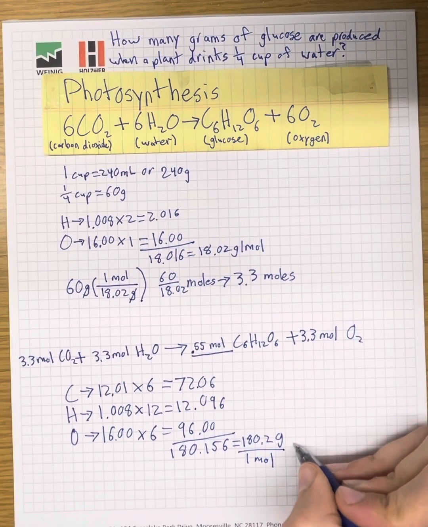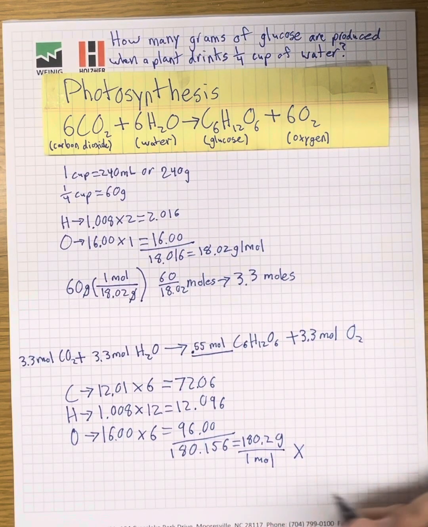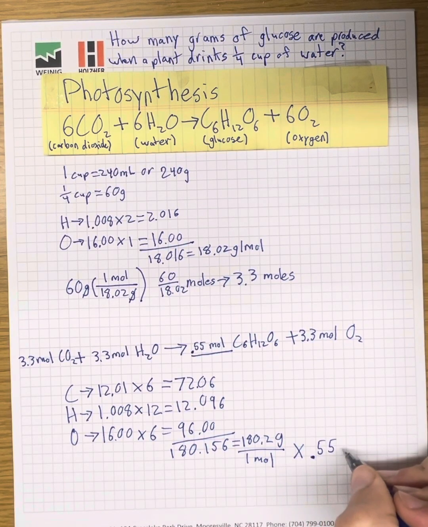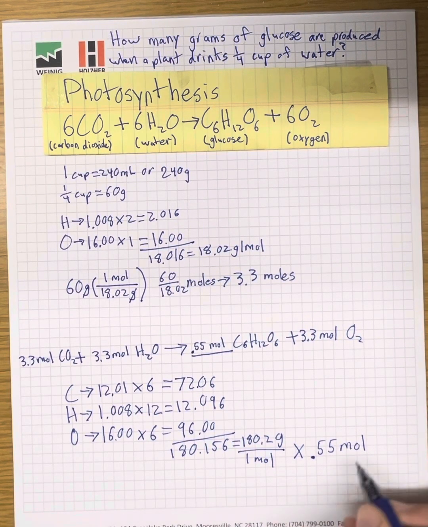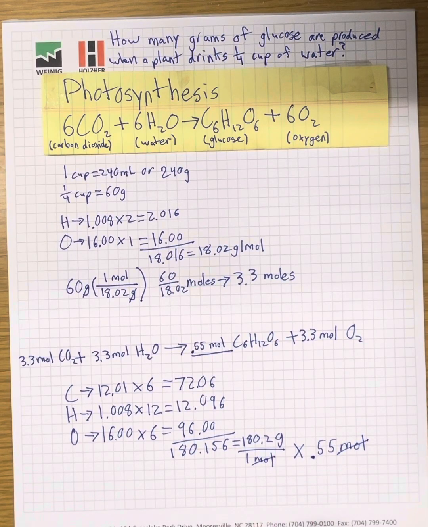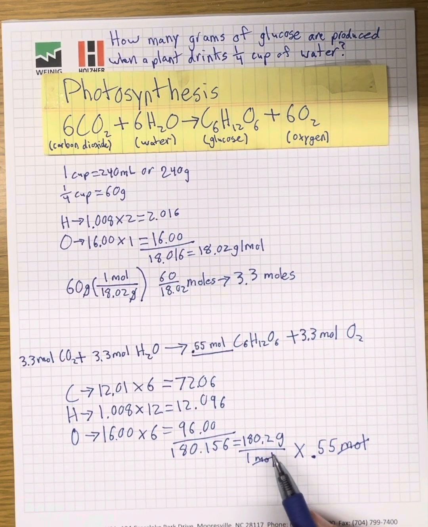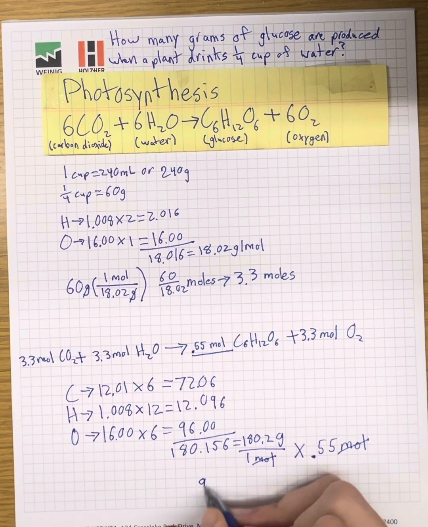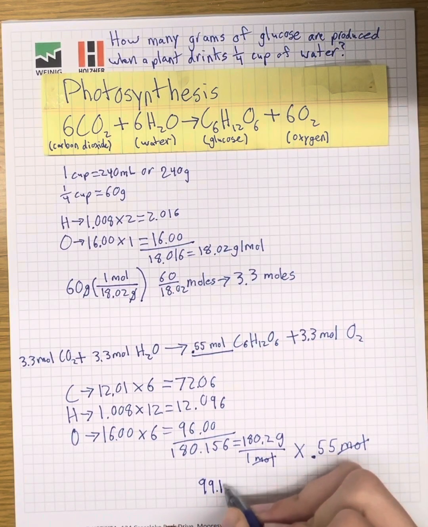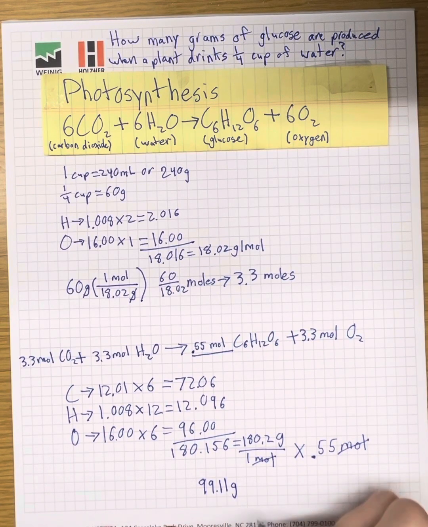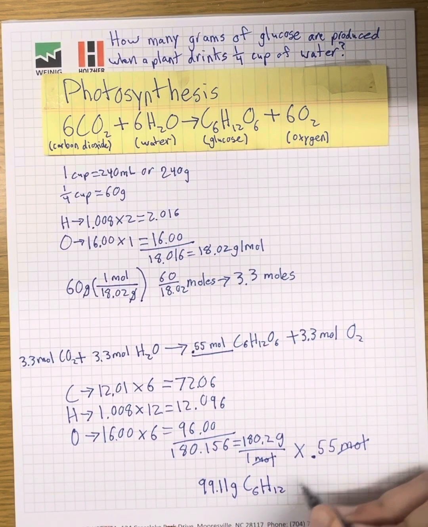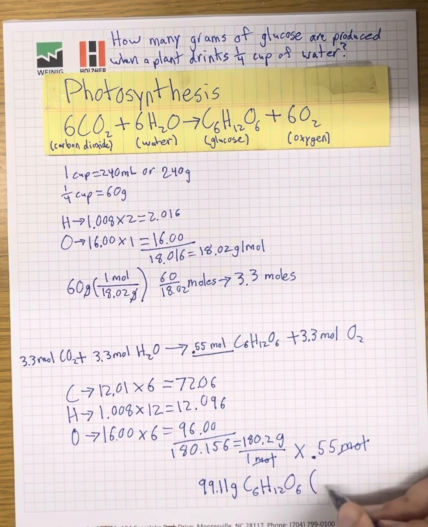So now we need to figure out how many grams there are. We're just going to multiply, because my mole is already on the bottom, which is where it needs to be to cancel out. We're just going to multiply that by 0.55 moles. Like I said, moles cancel out, and now all we have is 180.2 grams times 0.55. And you can either use a calculator, or if you're good at math, props to you, but that is going to give us 99.11 grams of C6H12O6,